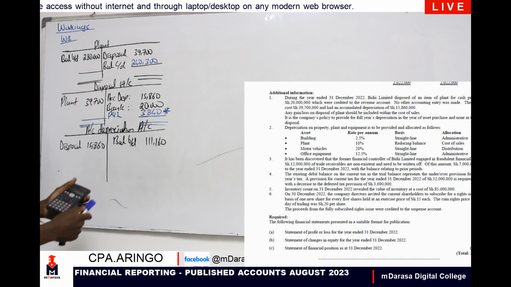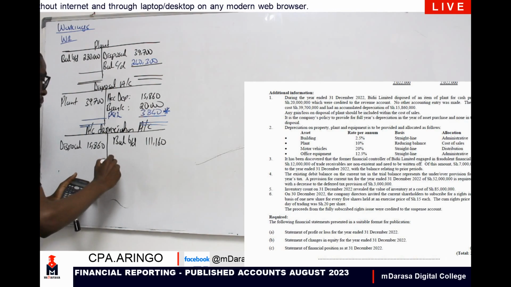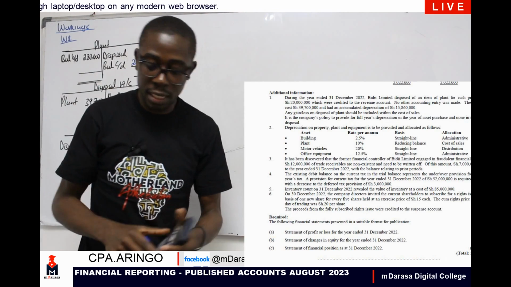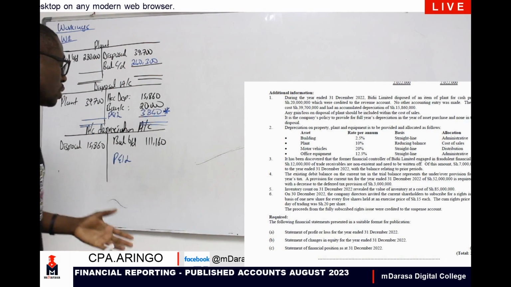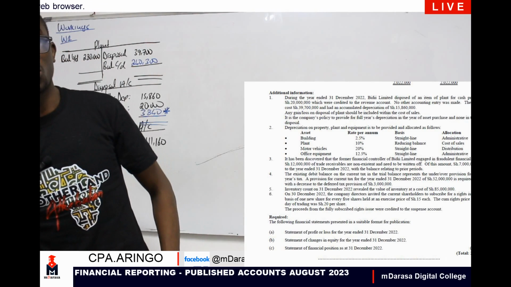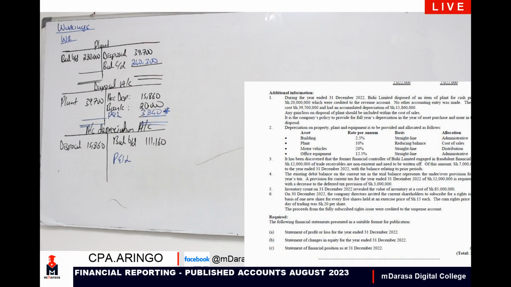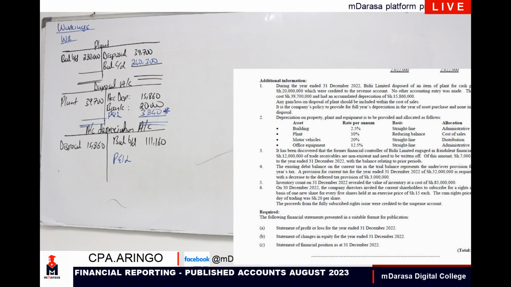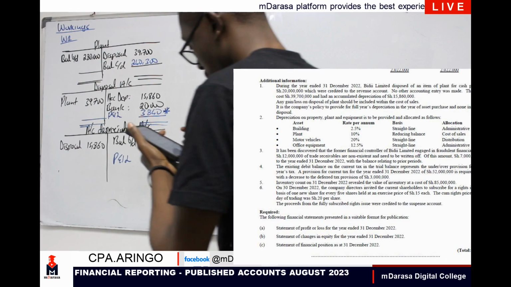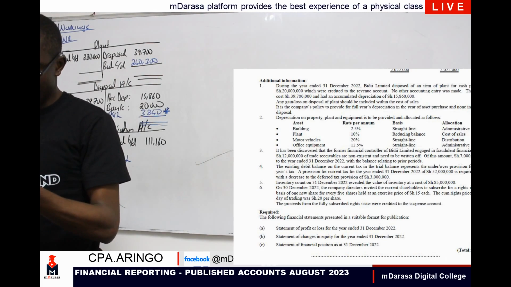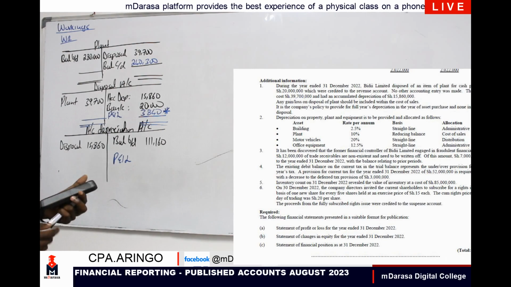What about our depreciation? How are we going to compute it? I need to determine in my P&L the value that is going to be taken as depreciation for that current year. That will be very easy, because what were we told? How are we supposed to provide depreciation for that asset? If you check in note number 2, a good examiner is very clear, and has told us that we are providing depreciation on plant at the rate of 10%, reducing balance basis. So how will you go about it?